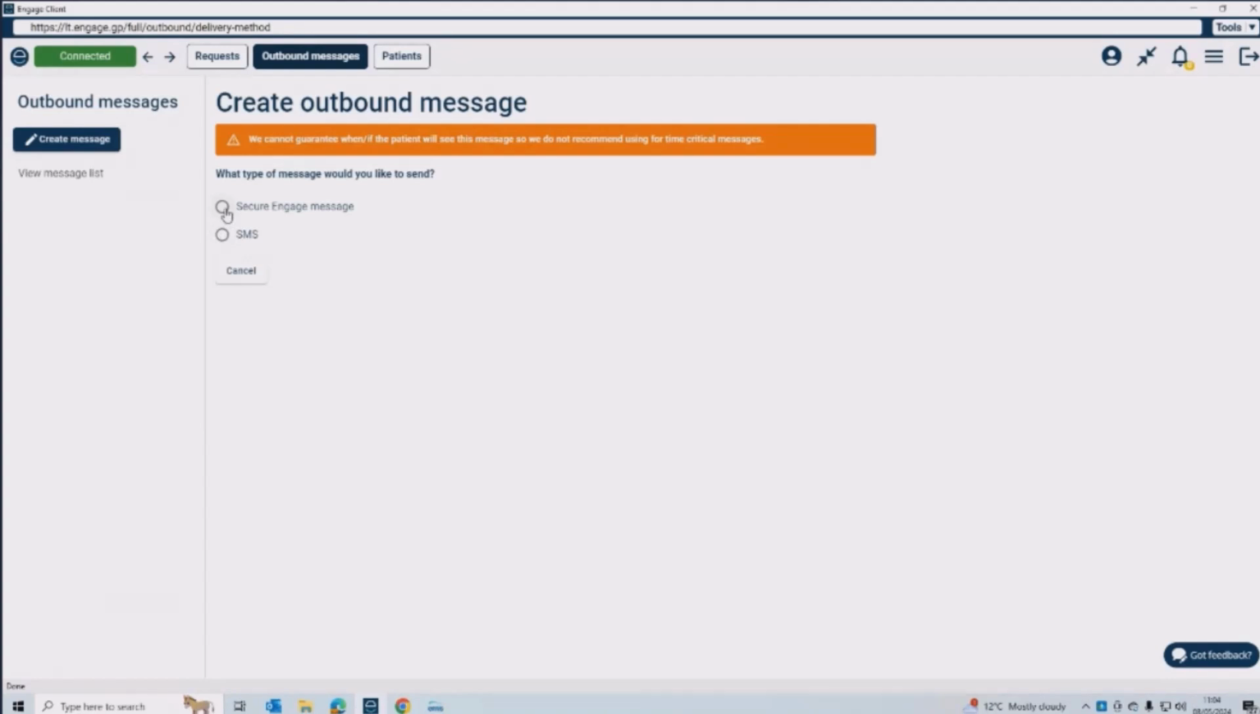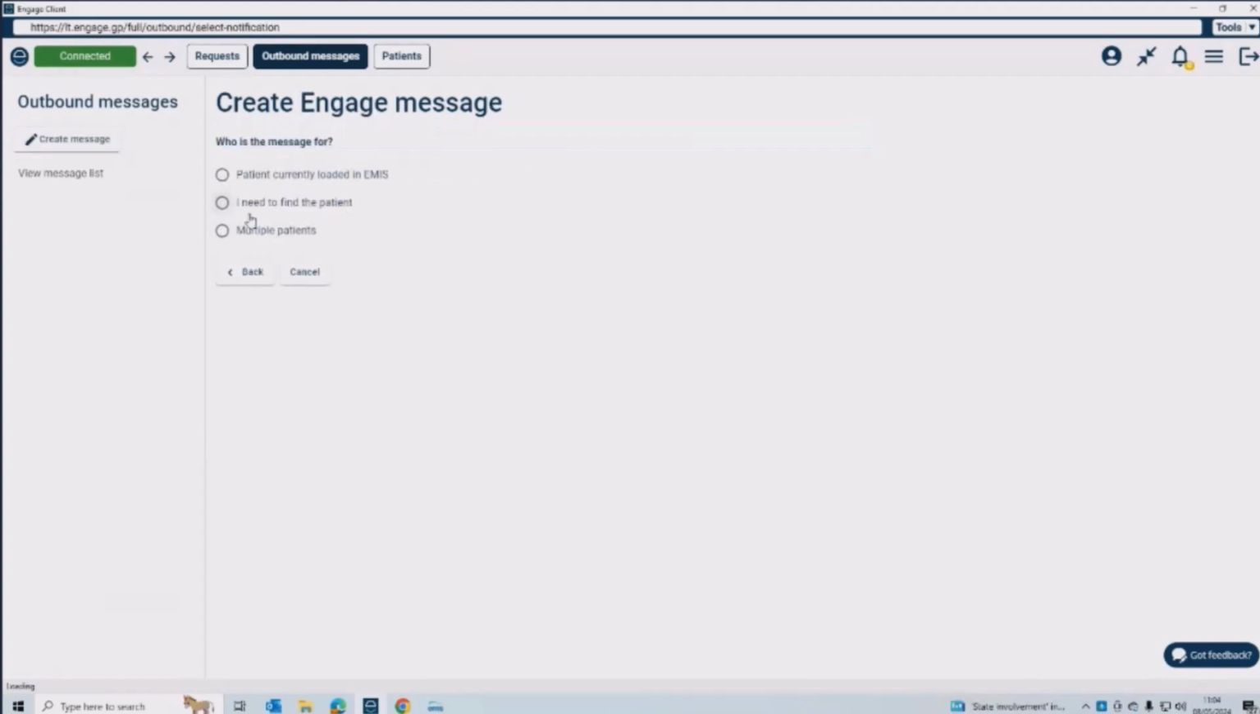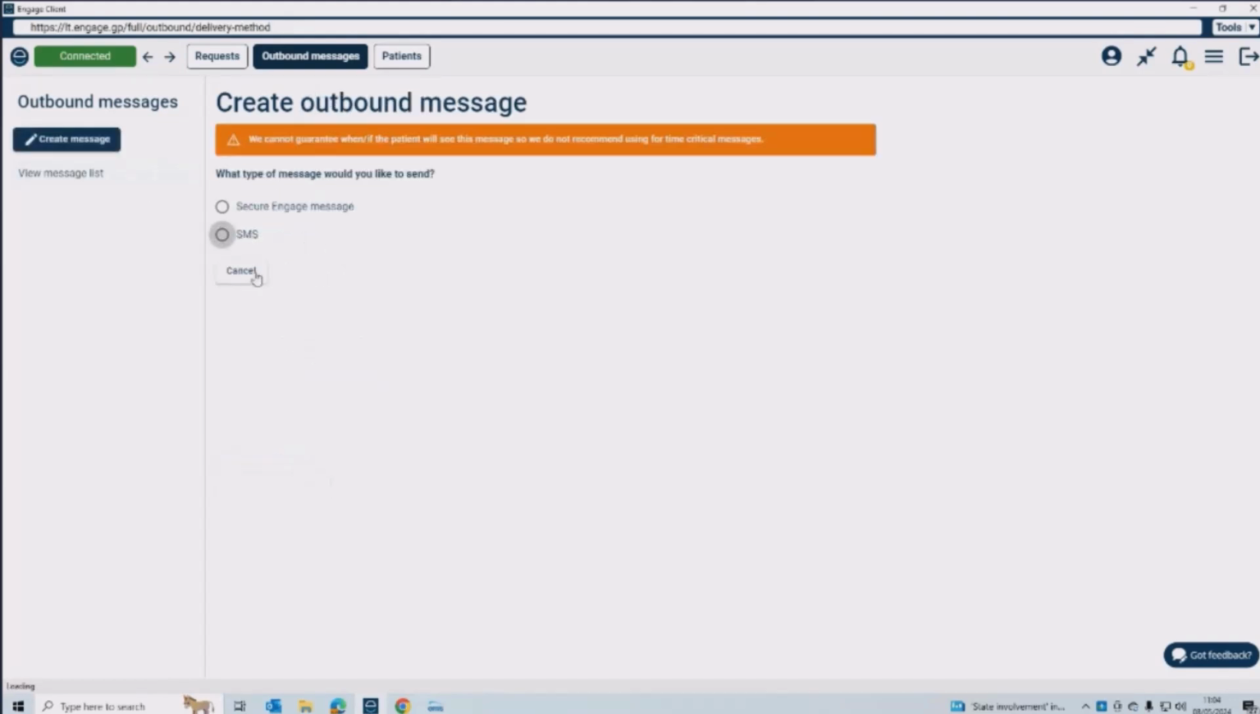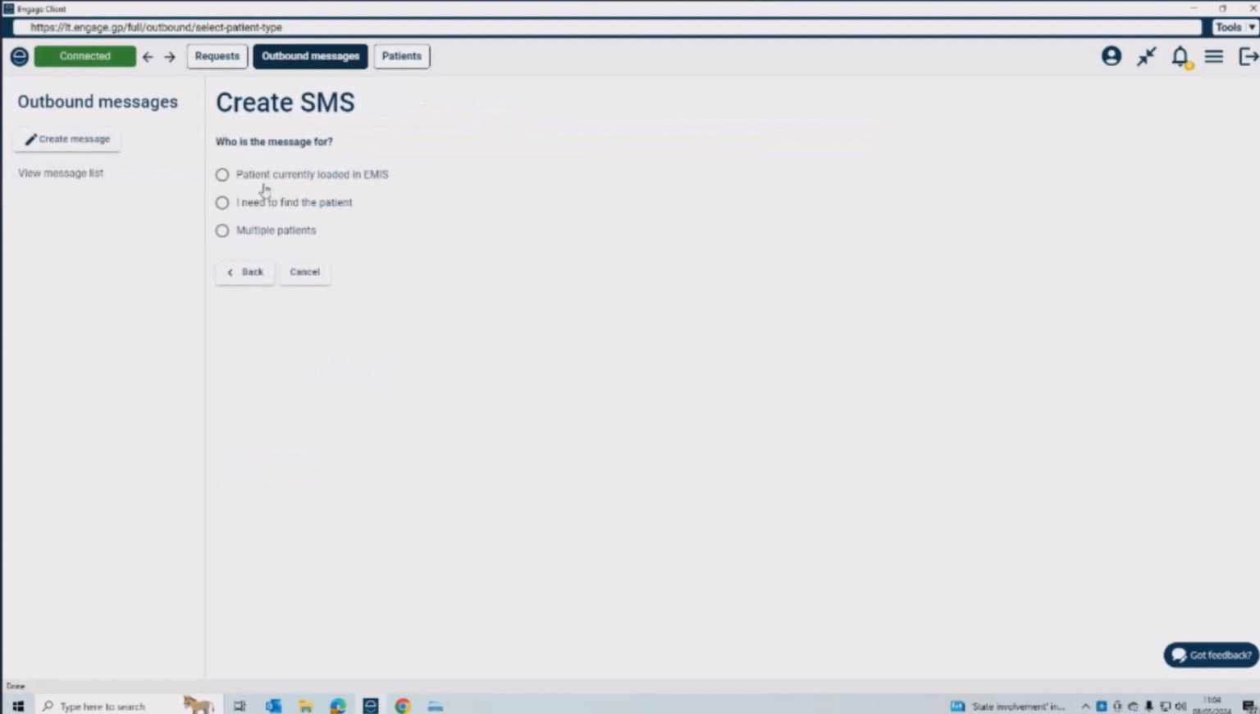But they can say, okay, well, I only want to do email. I want to do an email campaign. So you can email the patient currently loaded in EMIS, or you can find the patient, or you can say, okay, I want to send an email campaign to multiple patients. You can go into Informatica or EMIS or Vision and download a CSV file of a cohort of patients, upload that CSV file, and send that out. But let's say they wanted to send an SMS, exactly the same, load the patient currently in EMIS, or